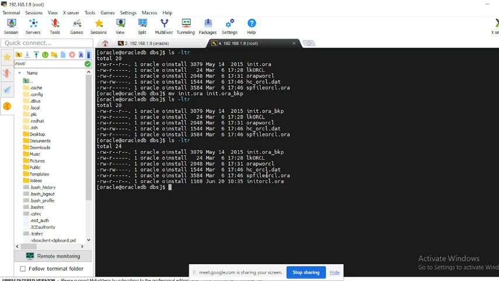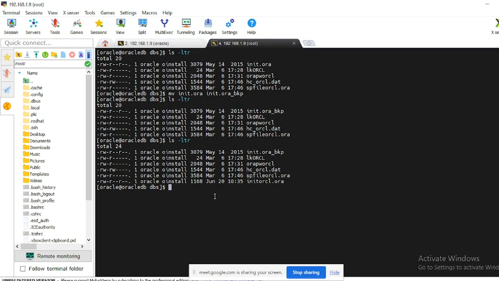You can check your database name, your SID name, here. Also you can check in the parameter file. After init, it gives you orcl, which means your database SID name. So you have the parameter file, you have the SP file.